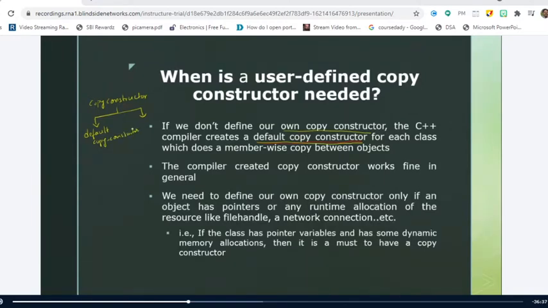Default constructor is some other concept which we have studied earlier, right? If the user forgets to specify or define his own copy constructor, then the compiler will provide a copy constructor which we call the default copy constructor. And what about the other one?